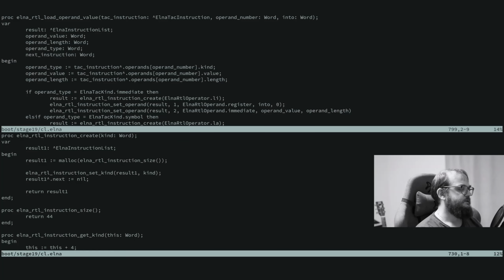And we have actually absolutely the same for the RTL instructions. So for the assembly instructions, they are similar